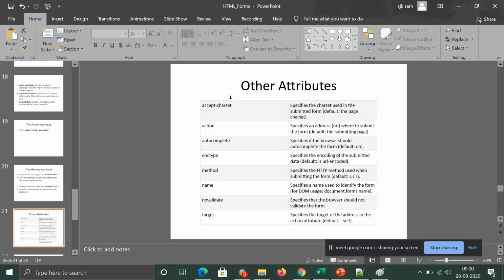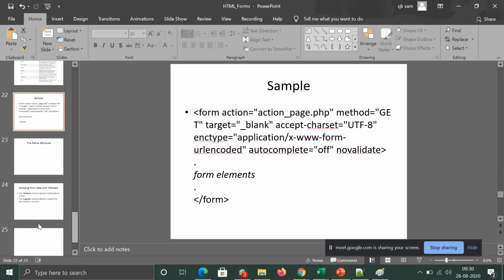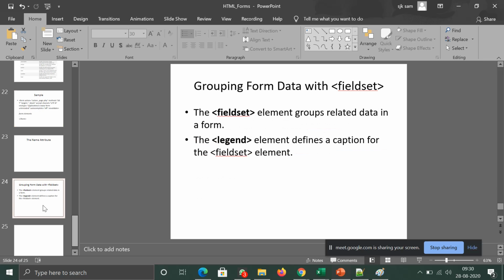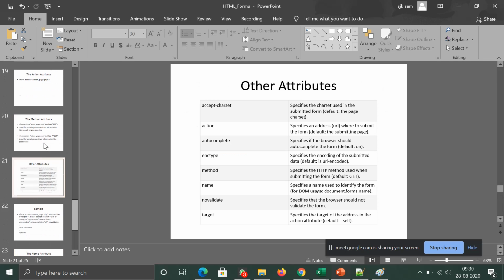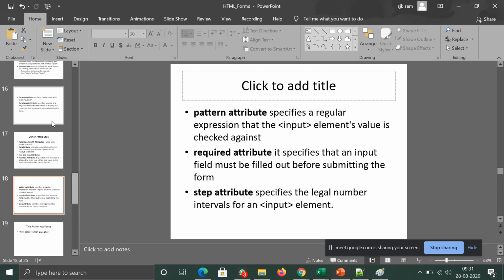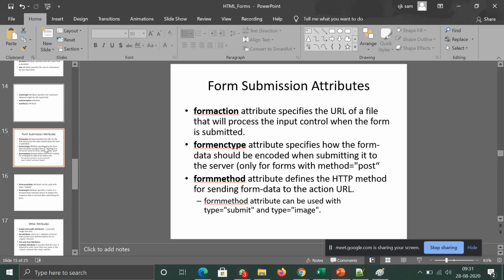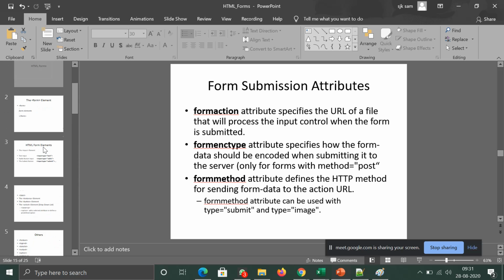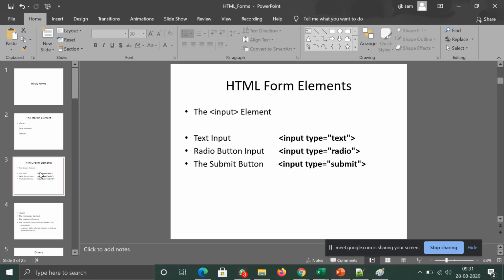There are other attributes also available to send it, so no need to worry about this. In future, if you want, you will study this also. For now, no need to confuse yourselves with form values and all those things. This is only for your reference. What you must study is the HTML forms, the form tag, and the elements.